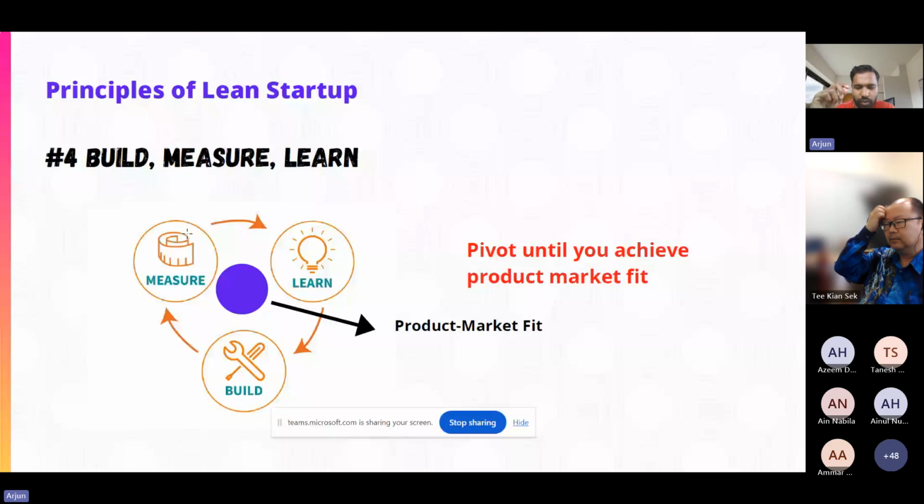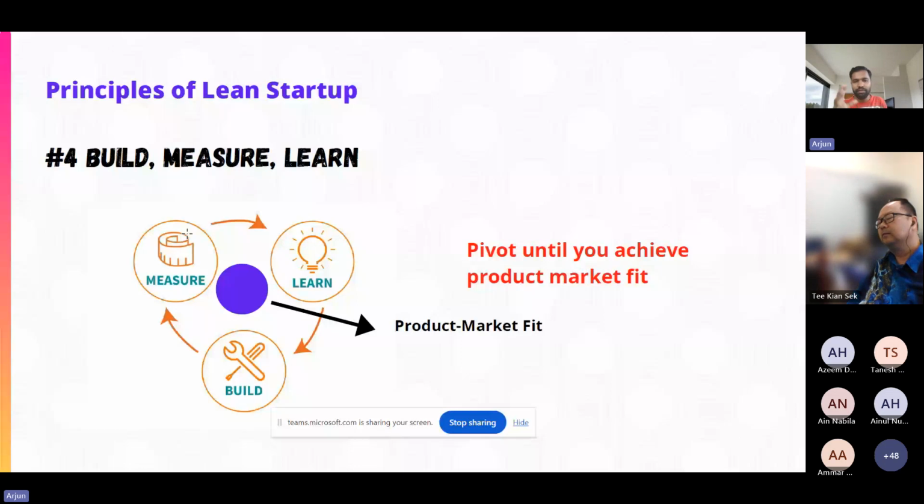Pivot means you change your idea, you change your prototype, you measure again, you learn from that, you change again, you measure again, you learn again. And finally, at one point, the customer, the target user, may be satisfied. Okay, this is now looking good for me. And that is the point you will call product market fit, because whatever you have developed so far